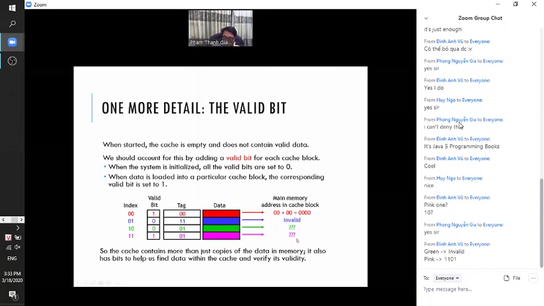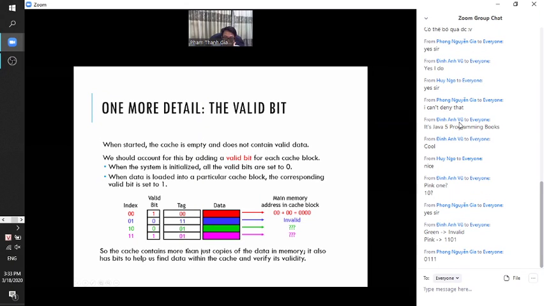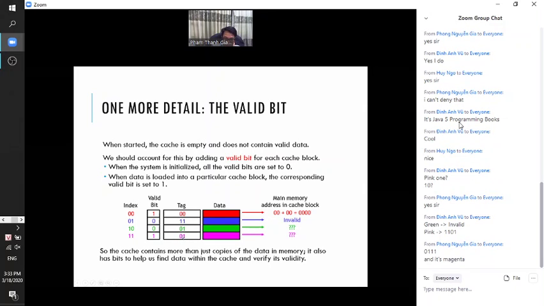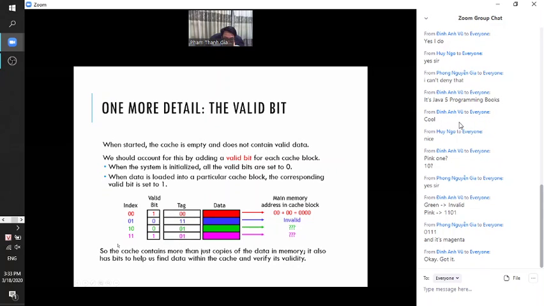So the rest is 1101. Okay, not correct. The correct value is 0111. Okay, it's correct. The rest of the pink color is 0111. Remember, the tag is the important bits and the index is the less important bits. We consider the tag as the base address and the index as the offset address. What is